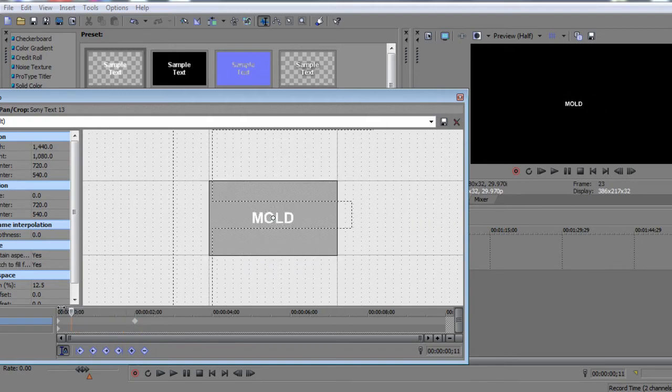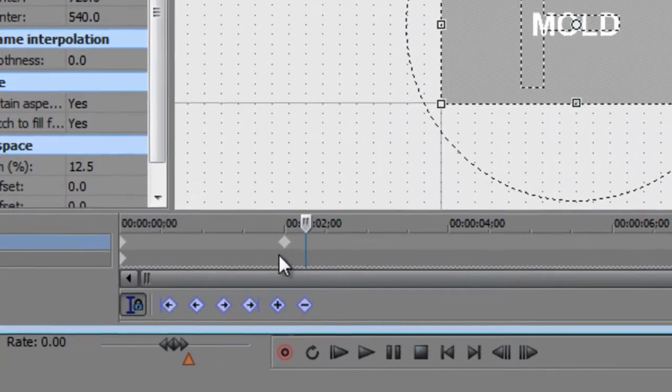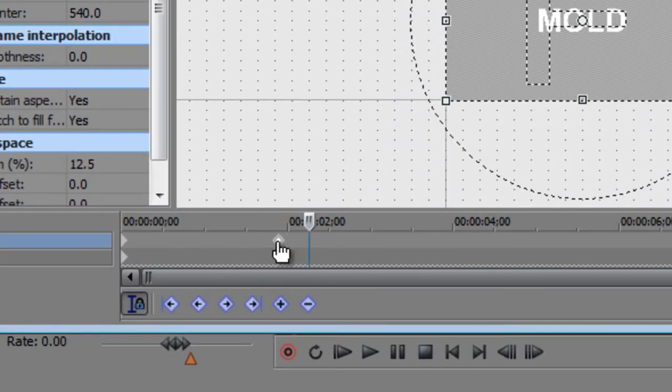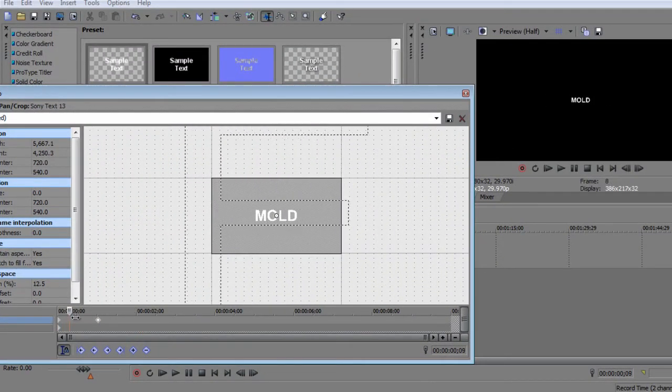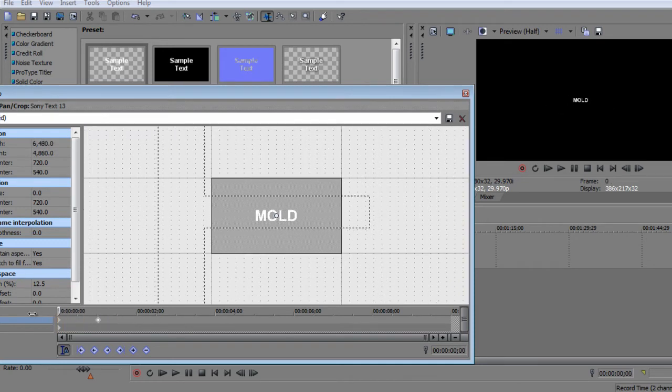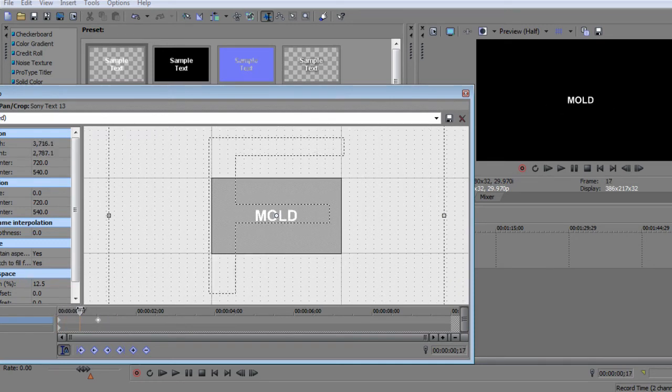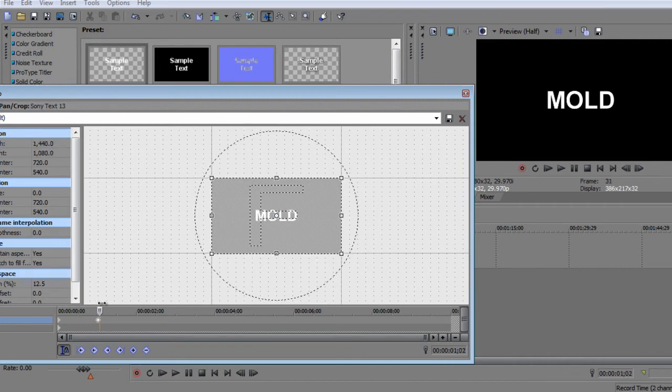To change the speed, it's extremely easy. Just left click and drag the diamond closer to the previous diamond like that, and the animation will be faster. So now that we got the zooming in animation, now what we're going to want to do is